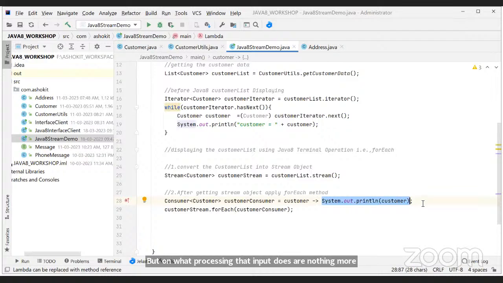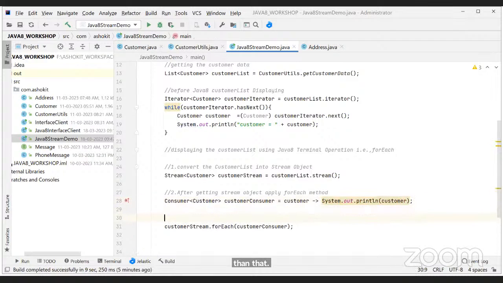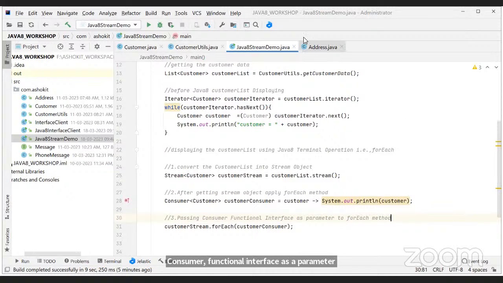Here, the third step is passing the customer consumer, the consumer functional interface, as a parameter to the forEach method. That's all. Hope you are clear about these three steps, everyone.